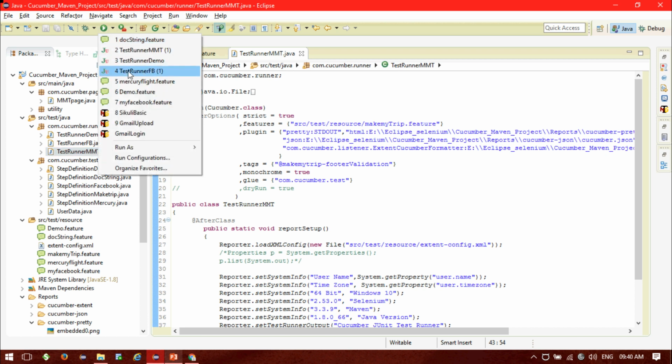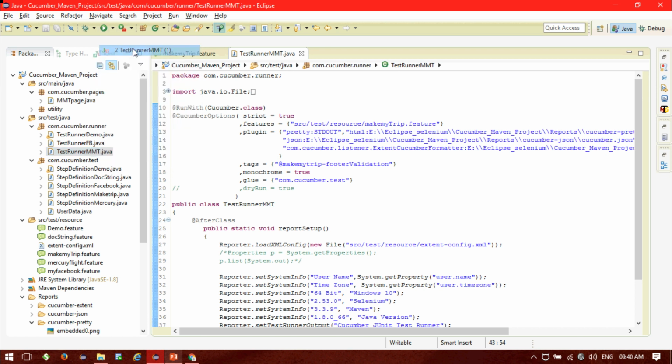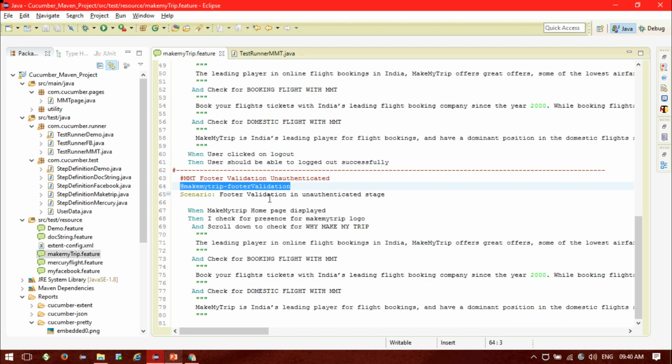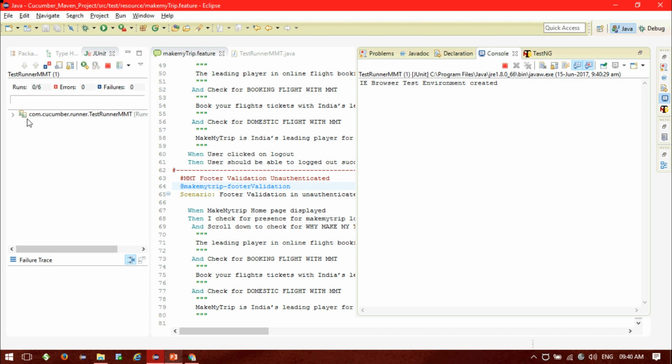Okay, so let me run my, let's see. So it will run the MakeMyTrip footer validations only, that tag only. Only that tagged scenario will be checked.